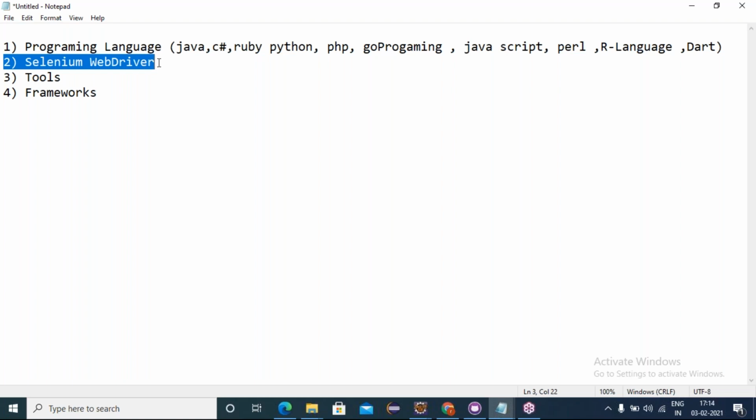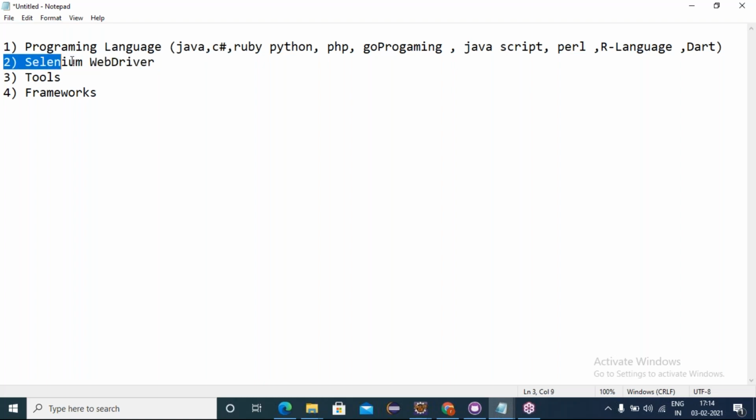Writing a WebDriver script statement is driver.findElement, and you have to give the locator, by.id, by.name, like this. Just as human beings are identified by properties like first name, last name, height, weight, color, and Aadhaar card number, every web application element should be identified by its respective properties. Identifying web elements using properties, you define XPath and CSS selectors. That is the main activity. Without identifying the elements, we cannot perform any operations. Writing WebDriver code is very easy.